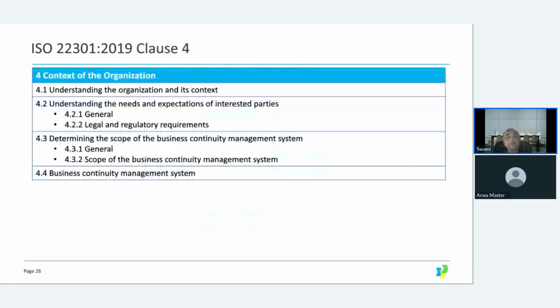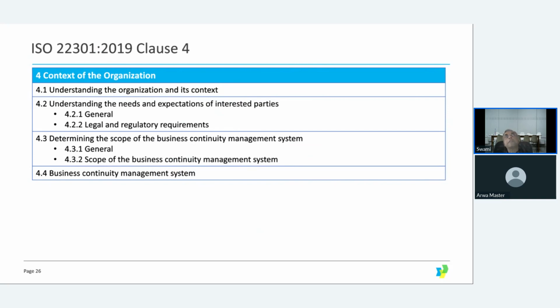Now, coming back to clause 4, the context of the organization. The first one is understanding the organization and its context. Here, you need to identify the internal and external issues. Based on that, you have to arrive at your context of the organization, and also identify your interested parties and